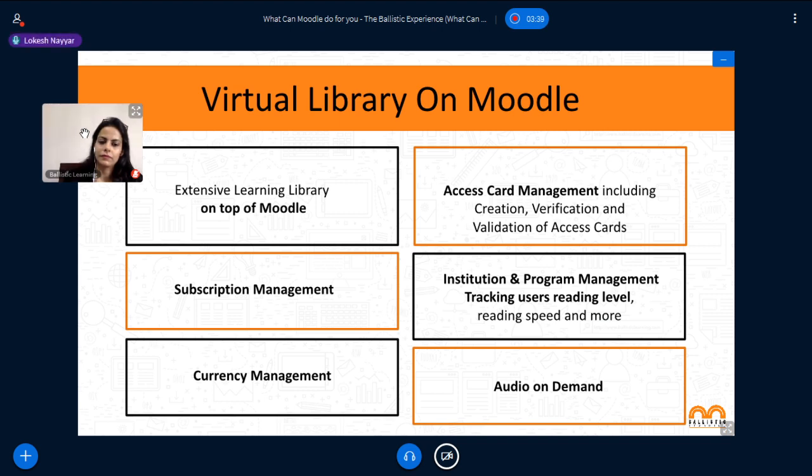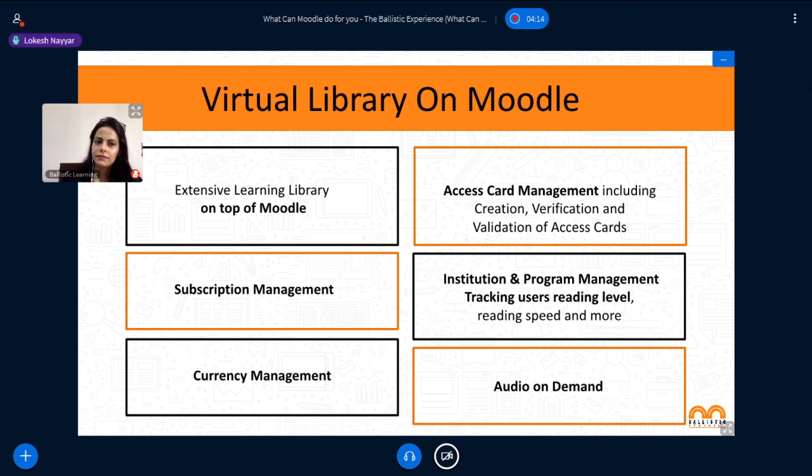In-house BL work to add value. We migrated the existing records and users from the existing framework to the Moodle framework. Since the client had different publishers, we developed a multi-tenant framework where every publisher is one tenant. In order to track users' reading speed and level, we developed a reader on top of Moodle. The reader would track the number of words read per page and the time taken by the users to complete one book. We also developed features like currency management, department management, access card management, subscription management, to name a few.